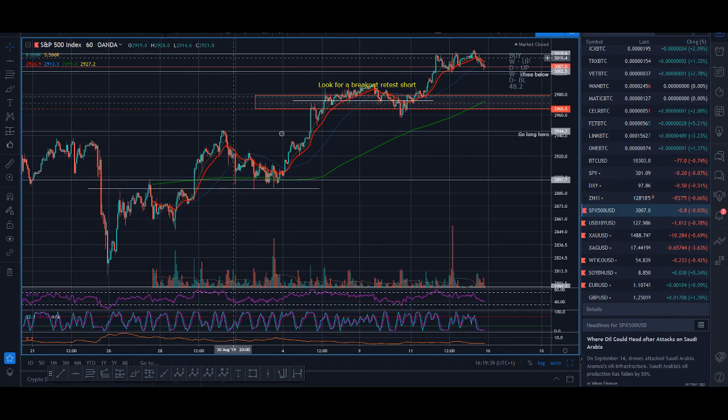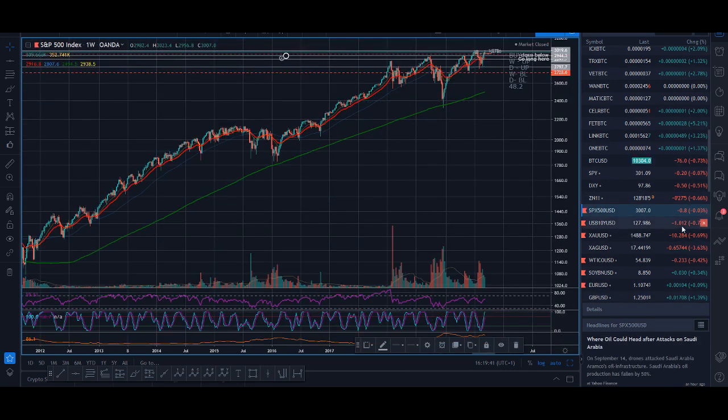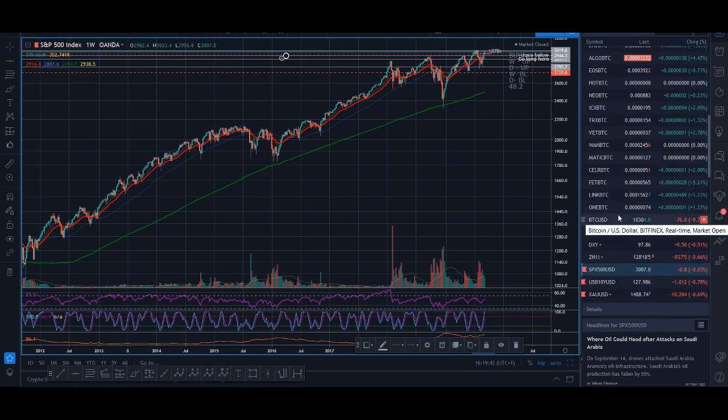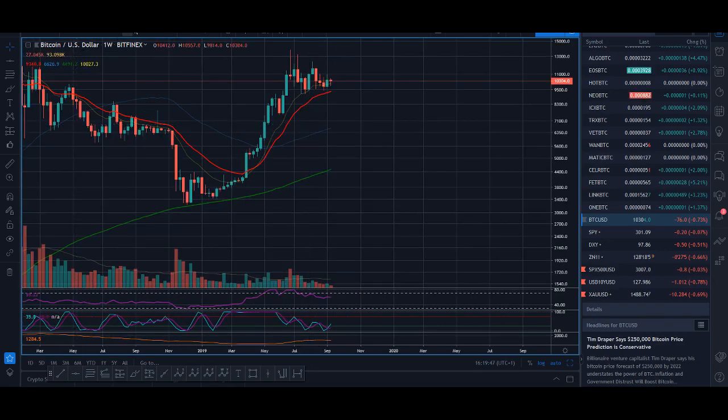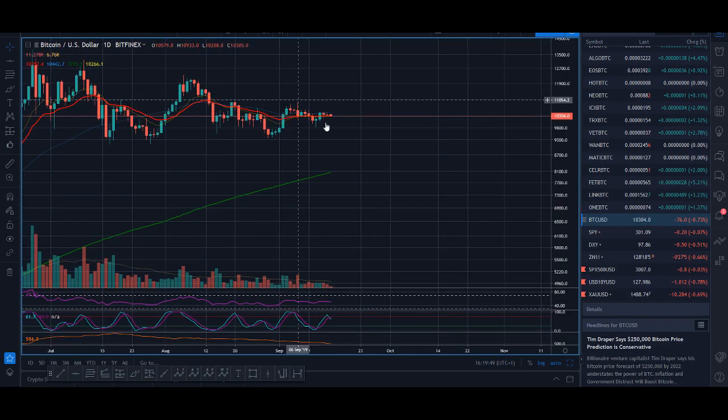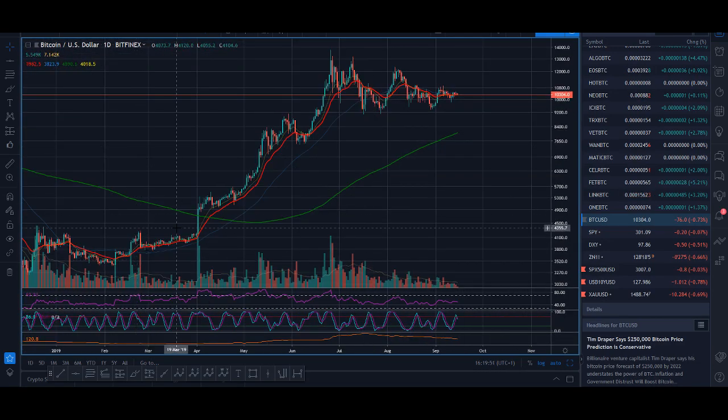So I always say, trade other markets. If you look at Bitcoin at the moment, Bitcoin is consolidating, and when it's consolidating, trading is not as favorable. When the market is trending, you can make more money because you get big moves. When it's in sideways consolidation, you can't make money. So when you see that happen in Bitcoin, what you should be looking at doing is trading other coins.